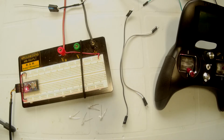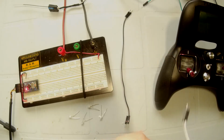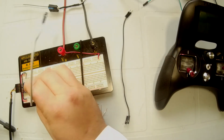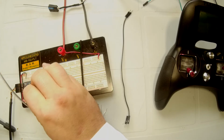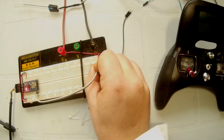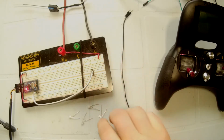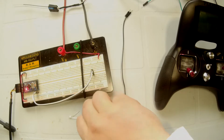So the first thing we're going to do, I know that I have the direction pins in the software set to pins 7 and 8. So we're going to go ahead and connect these jumper wires here. And we're going to connect them over here as well. And then we are going to...